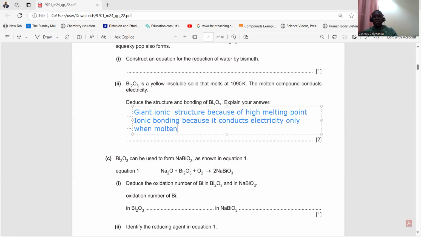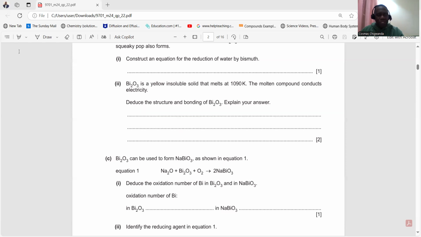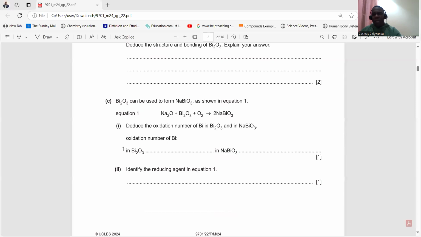And then the next question was about calculating oxidation numbers. Okay, there are certain rules. I suppose you've gone through them with your teachers, what we do when we are calculating oxidation number for elements, or for compounds. Right. So I'm just going to remove this and show you how to deduce the answer. Of course, in this one, you're not supposed to show working, but I'm just going to show you the working so that when you are confronted with such questions in future,